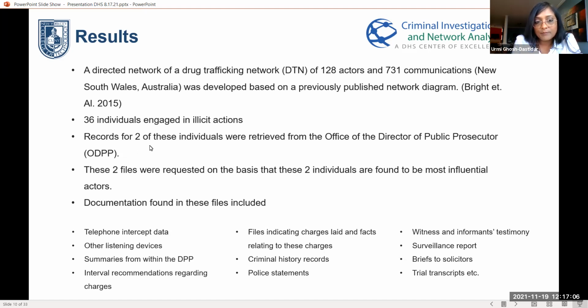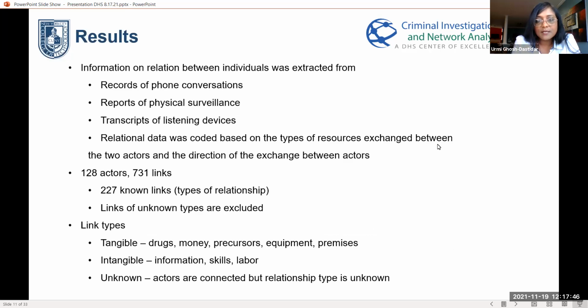And the way the authors of this paper gathered the records: they were retrieved from the office of the Director of Public Prosecutions. The documentation filed in these files included telephone intercept data, listening devices, summaries from within the Director of Public Prosecutions office, internal recommendations regarding charges, files indicating charges laid and facts relating to these charges, criminal history records, police statements, witness and informant testimony, surveillance reports, and so on and so forth. So the data that we specifically looked at